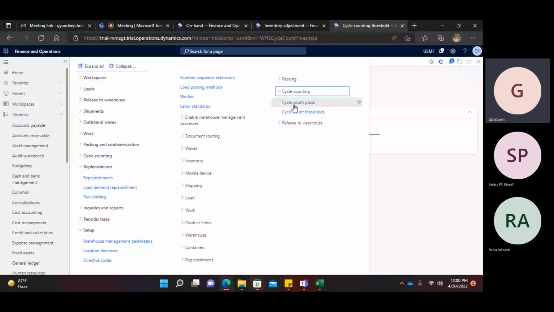the cycle counting plan is a big course. This is around one to two classes. You create the cycle counting plan. After that, go to the mobile device configuration. In warehouse management, you should configure and release the warehouse. Everything is there. After that, go to the cycle counting, open cycle counting,